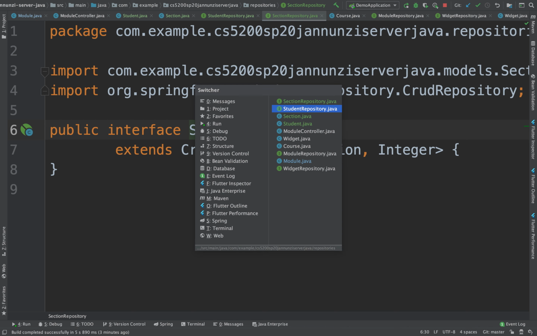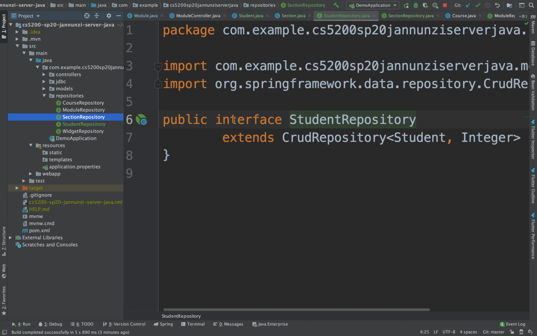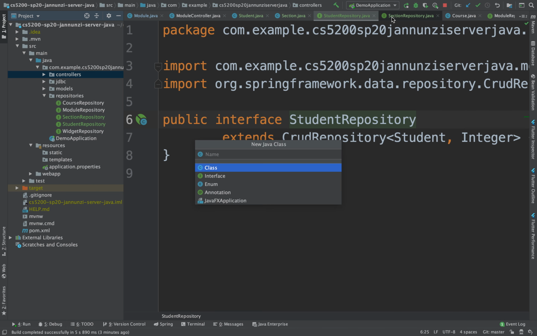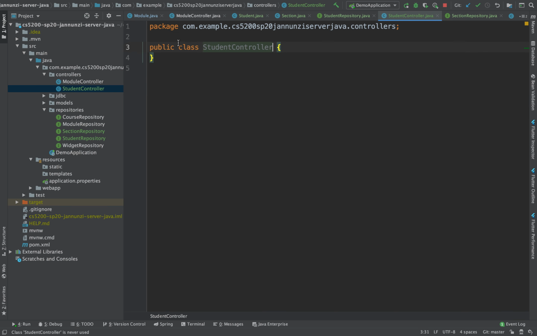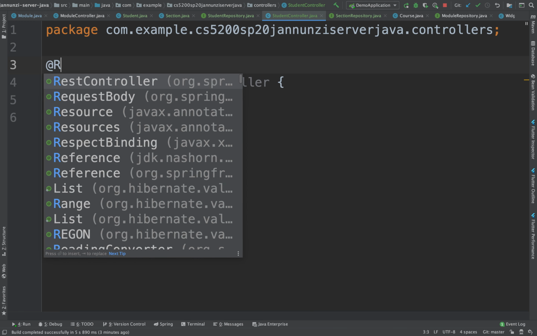a section repository and a student repository. Let's create a controller so that we can invoke a couple of commands, right, to create some sections, some students from an endpoint, right? So let's create here a student controller, and the student controller is just going to be